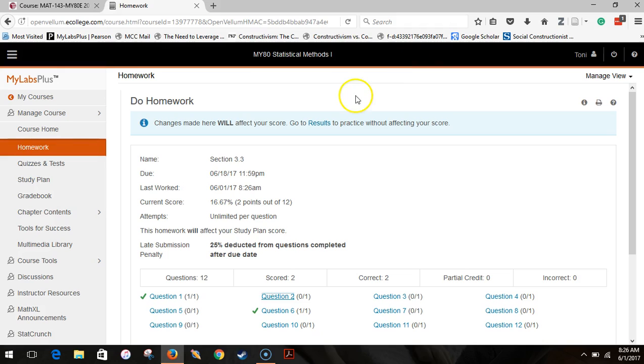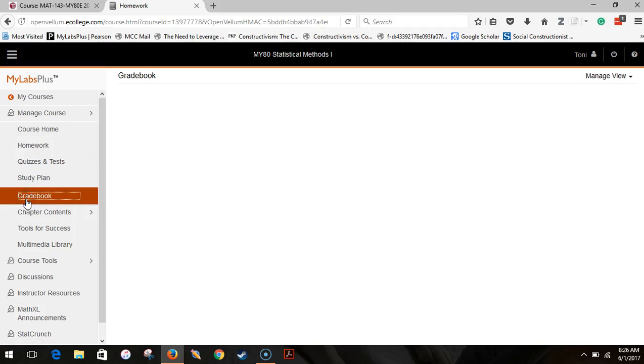Now here's the kind of the part that freaks people out. If you go to Gradebook, this is your grade for the course. So when you're checking to see what grade you have in a math course at Mitchell, you need to click on the grade book that is in MyLabsPlus, not in Moodle. Moodle does not have your homework. It will not have your test grades. When you click on grade book,